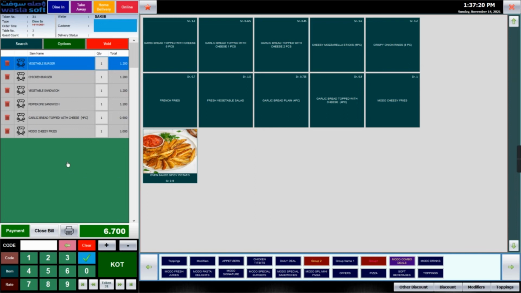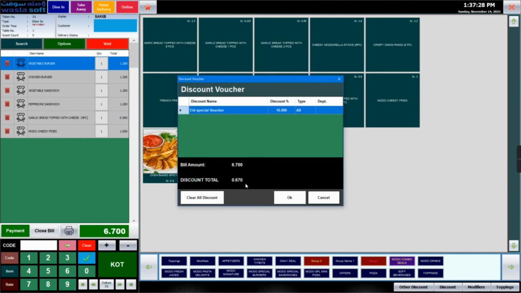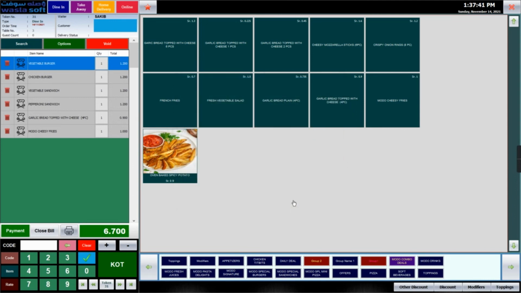When the discount is applied, a blue color will be there for the items that get the discount. When you create the discount, you can see it here. All the items will be in blue color.